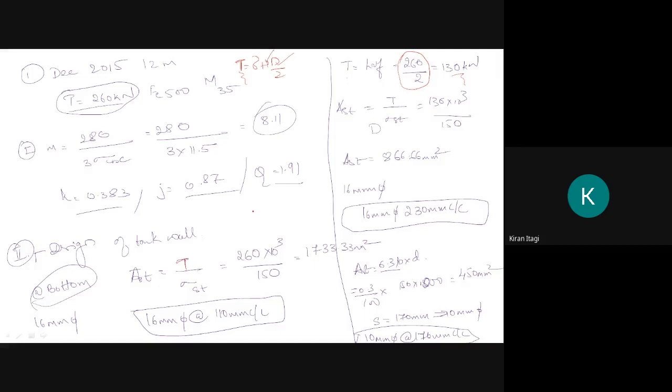If we had determined the value of h, d and so on, we could determine h by 3 and 1 meter, whichever is less. So we would take these values and determine the value of T. But here he has not given any dimension, directly he has given the value of T. So we have just assumed that, and this is also a flexible water tank. So we assume that the hoop tension at the middle span will be equal to half of the bottom one, means approximately half of it.